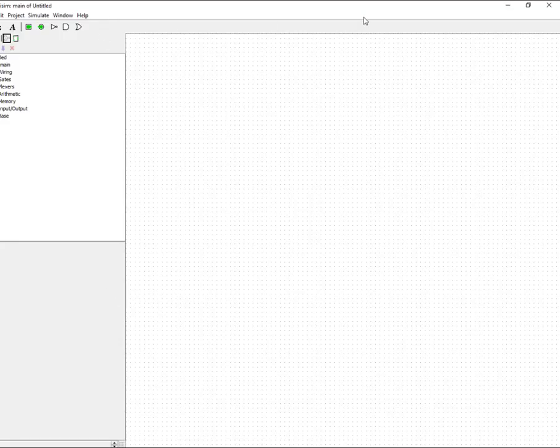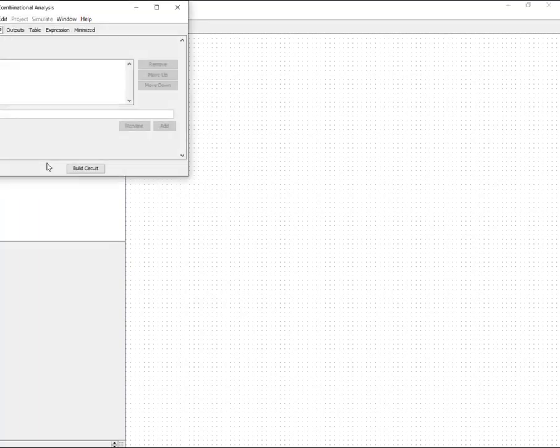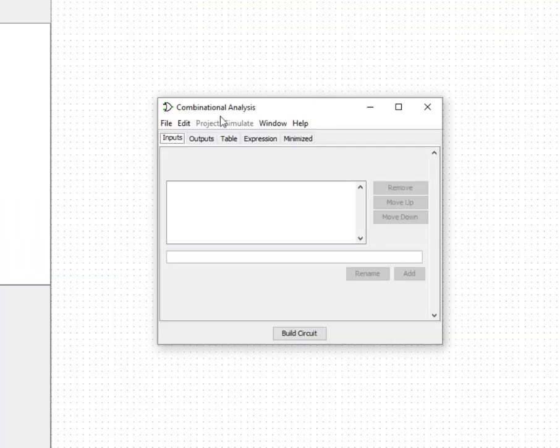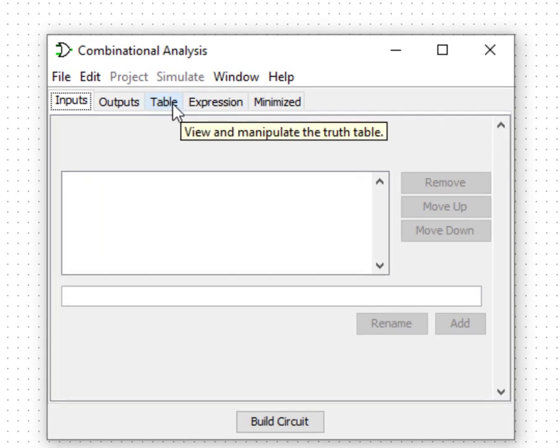You'll be getting a window like this, and here go to Project and click on Analyze Circuit. Clicking on this will open the window where you can see input variables, output variables, and table of inputs and outputs, truth table, and expressions will be the output.